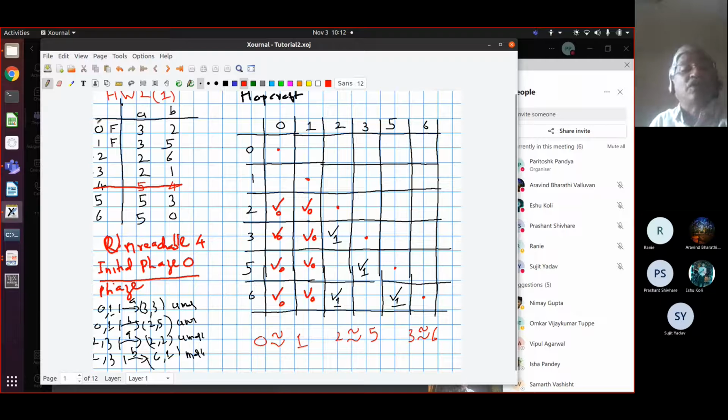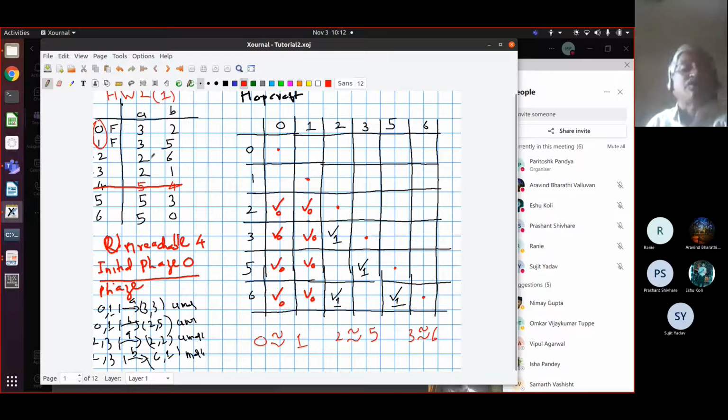And this equivalence class 0, 1, on an A, will go to the equivalence class of 3, which is the same as the equivalence class of 6. So 0, 1 will go to the equivalence class 3, 6. And on a B, it will go to the equivalence class of 2, 5. Is that clear how you construct this?